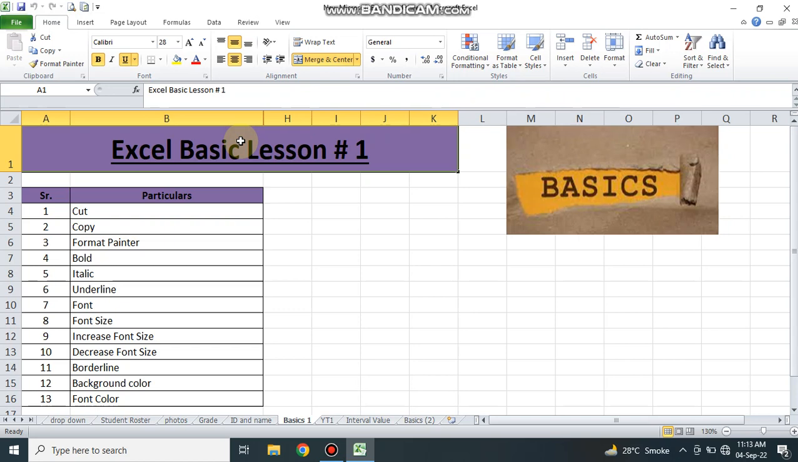Some students ask me, we would like to learn basic things in Excel. Therefore, I started a lesson of Excel basics. In this lesson, we will learn